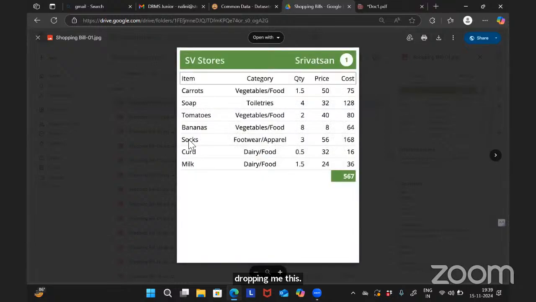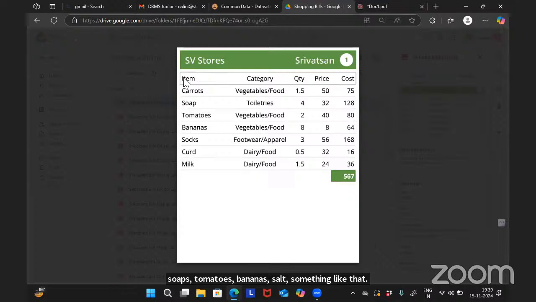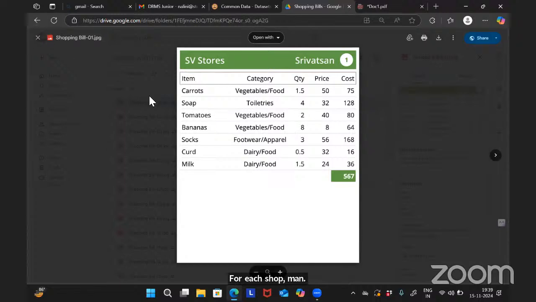So this is category item. Okay, item list we have carrots, soaps, tomatoes, bananas, socks, something like that. So what will happen for each customer only, or for each shop are we doing this in the question? For each shop, ma'am. For each shop we are checking whether this item